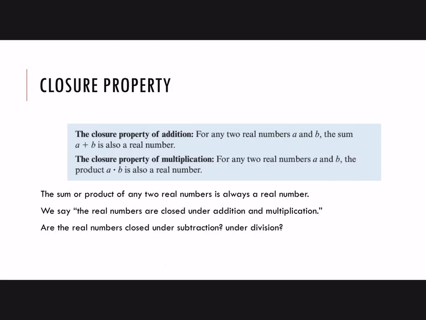Okay, so we could do 6 divided by 2, pi over 3, square root 12 divided by 4. I am using the fraction bar to mean division, but it's the same thing if you write this out horizontally with the division symbol. Same thing if you type all of those in your calculator, those all give you real answers. So inductively, maybe you think that the real numbers are closed under division,